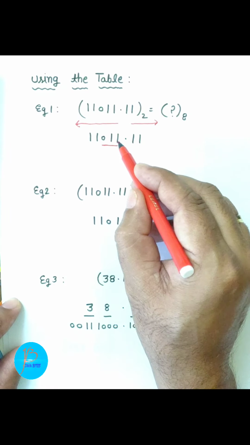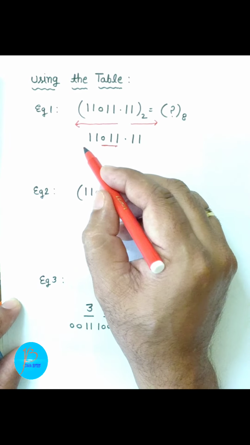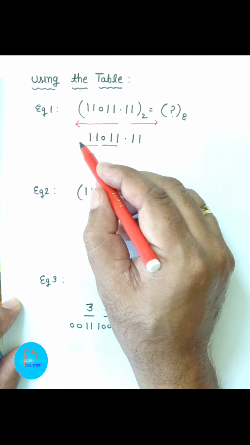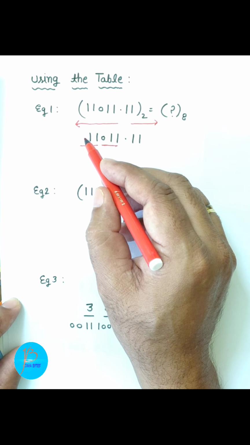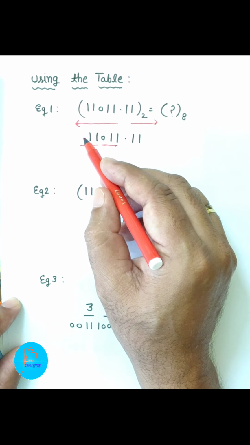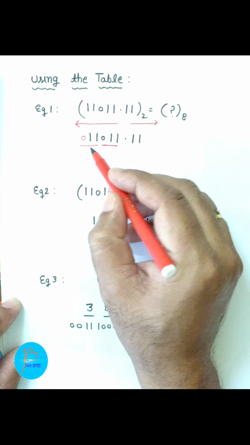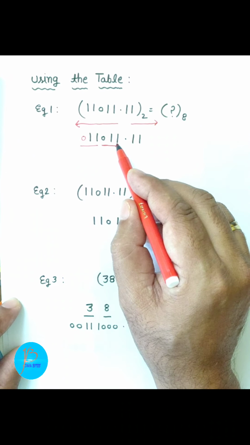For the integer part, just convert these values. For example, 0 1 1 is a group of 3, so the first group is this. Now we move to the second group. In the second group, 1 and 1, so children, we have only 2 digits, but you know that we need 3 digits for this group. So what you can do, you can add a 0 from your side. So now see that two groups are formed, 0 1 1 and 0 1 1.